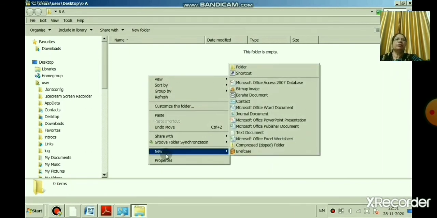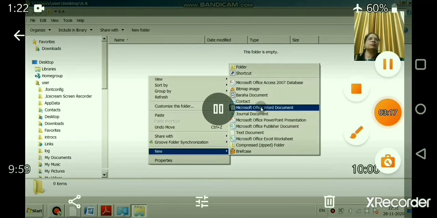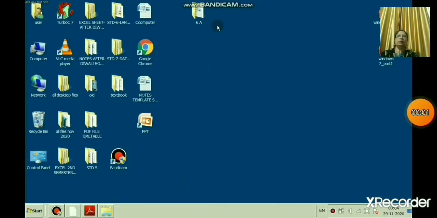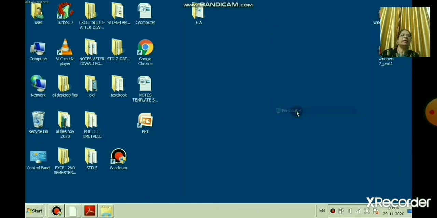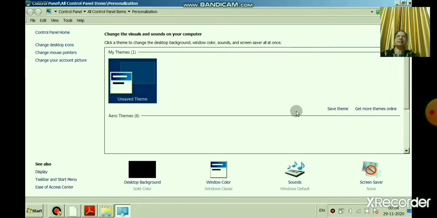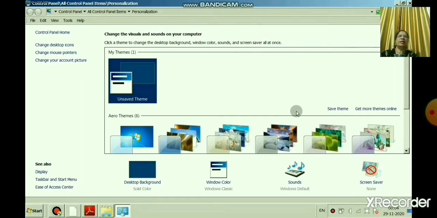Yes children. Now we will learn how to customize the desktop. Windows is quite flexible and provides options to change the settings of the desktop. So right click and select the Personalize option from the dialog box.